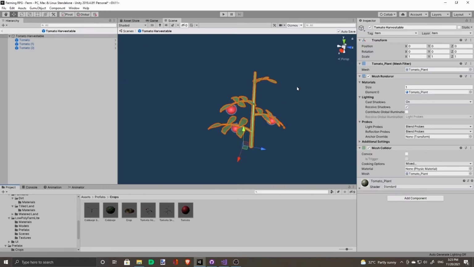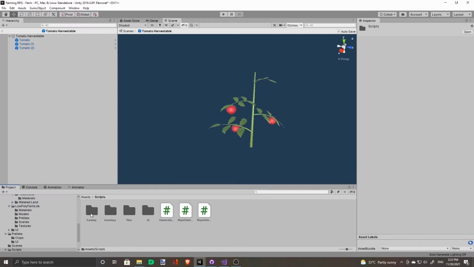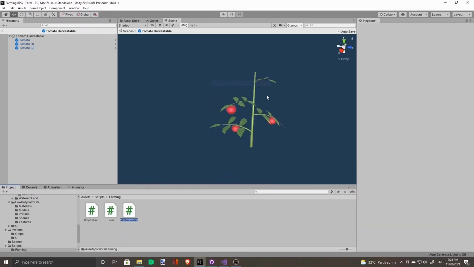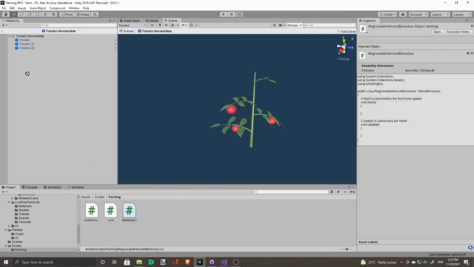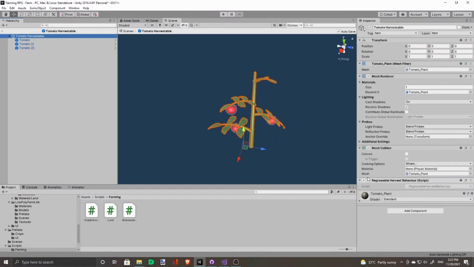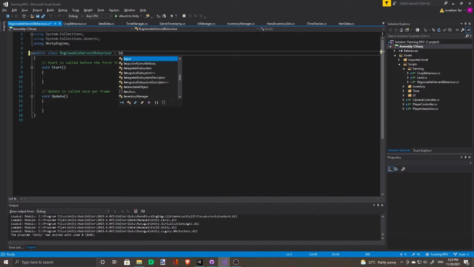So under the tomato harvestable prefab, let's create a new script. We'll call this regrowable harvest behavior. We'll add this. Since it's going to be interactable with the player, it's going to inherit from interactable object.